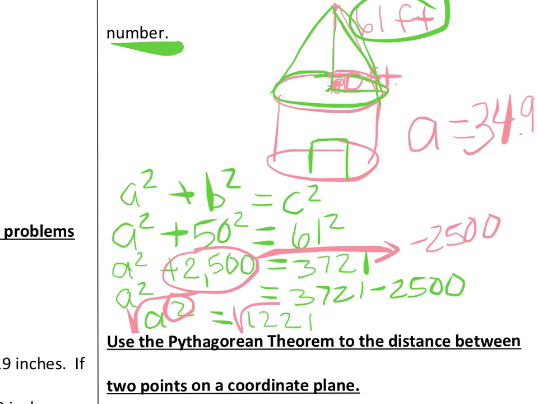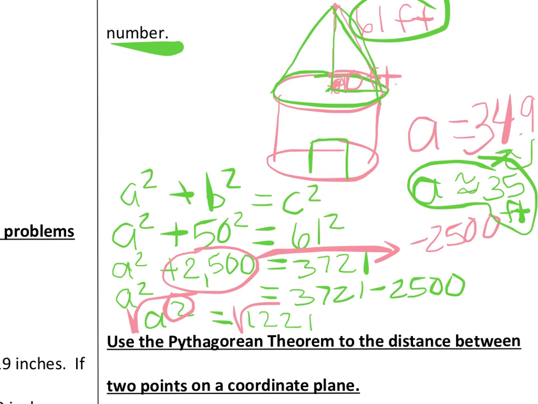They told us to round to the nearest whole number, so the nearest whole number would be the 4, and the next number is bigger than 5, so that's going to push that up. 34.9 is definitely closer to 35 than it is to 34, so a is approximately 35 feet. So that's our answer for how tall that circus tent is. It's